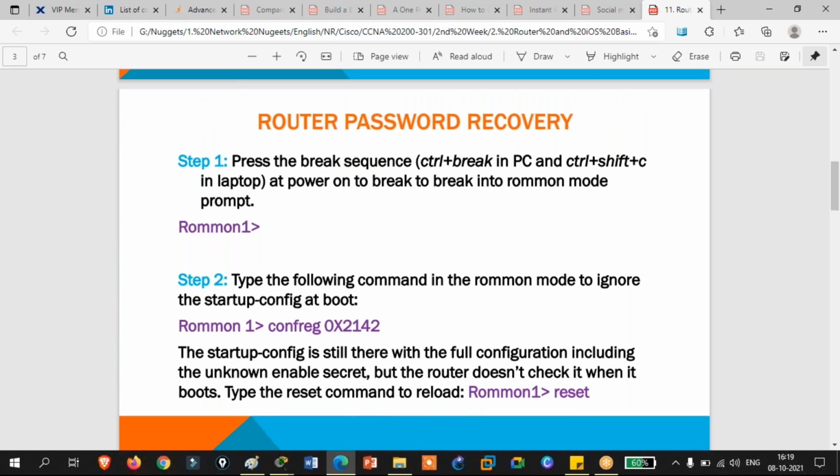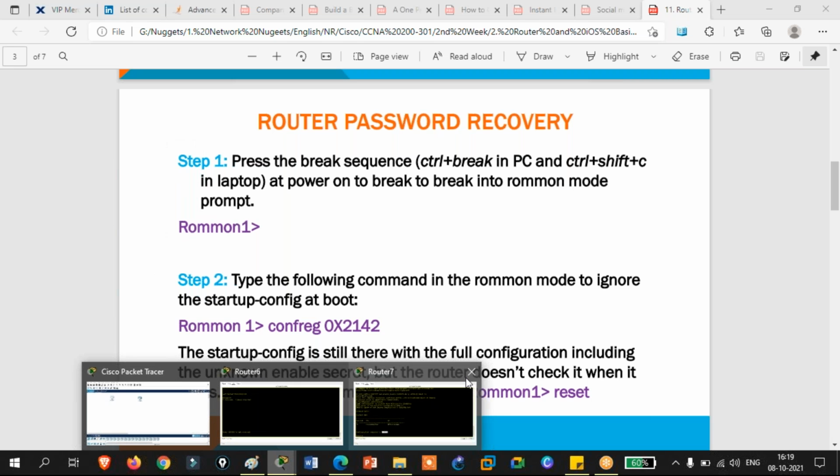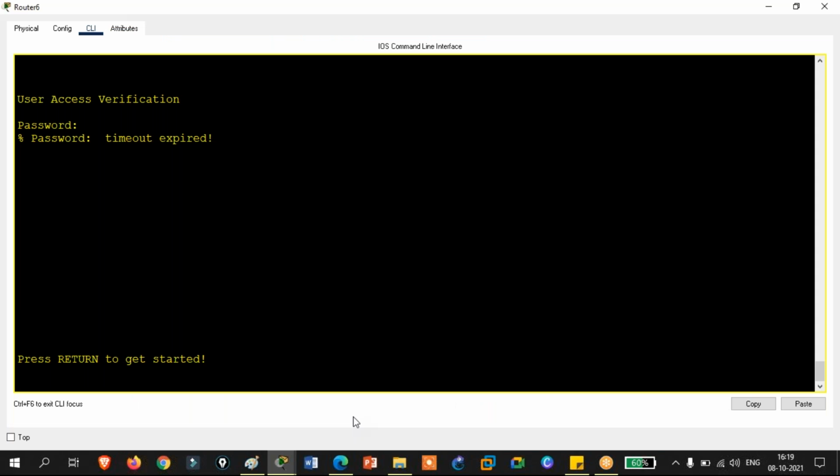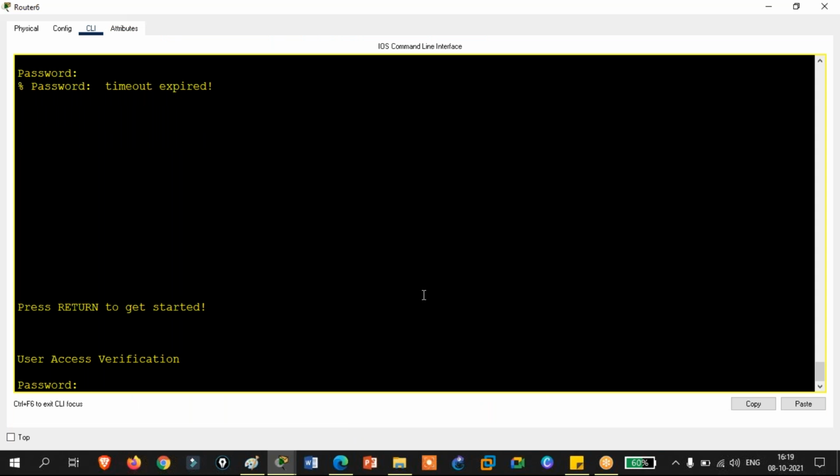Right? So how to do that? For that, you need to go to the ROMmon mode. Remember ROMmon mode, where we installed that operating system. At that time, your router was in ROMmon mode because it did not have any operating system. Right now, you will go into ROMmon mode on purpose. That's why it is known as the recovery mode also.